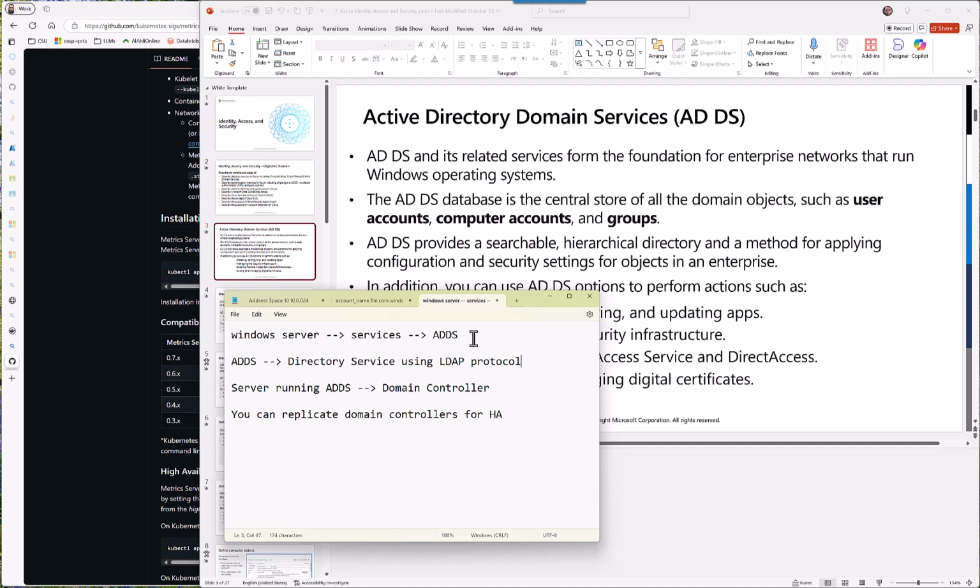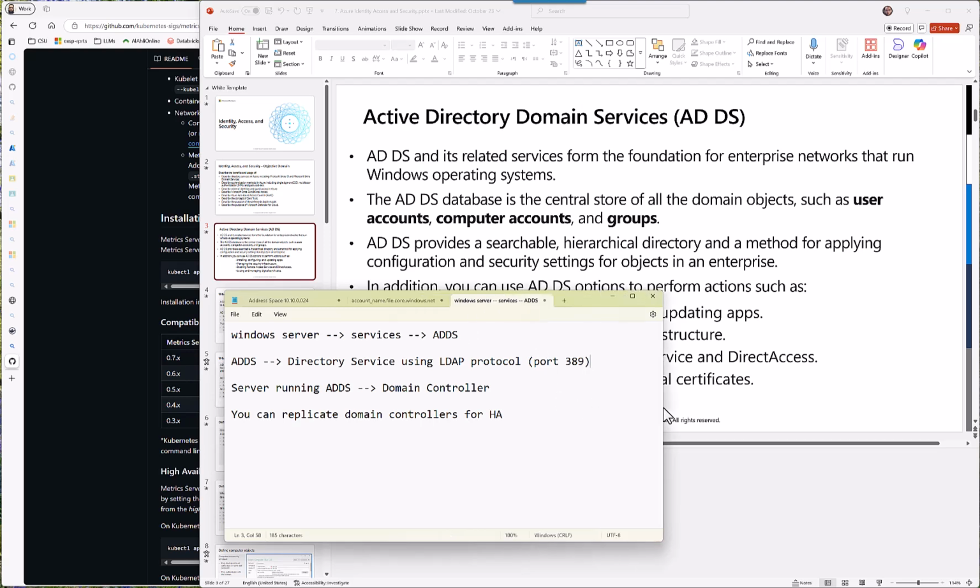It uses the LDAP protocol and primarily port 389, right? So anybody who needs to talk to it needs to use this port. Now, what is inside it? It is a directory, a directory for the organization, right?